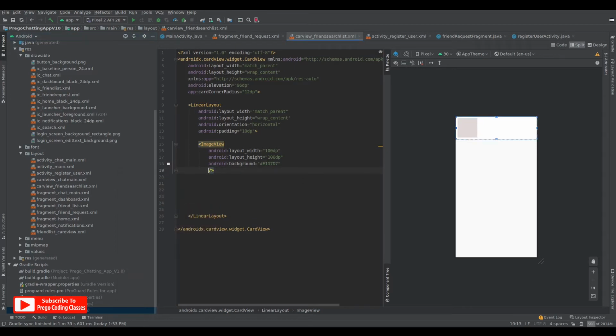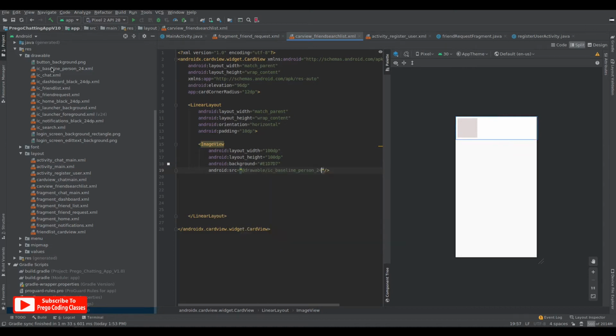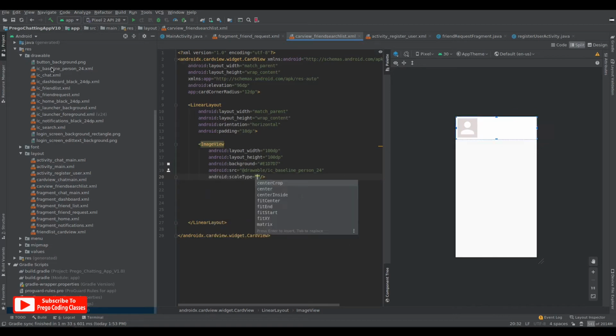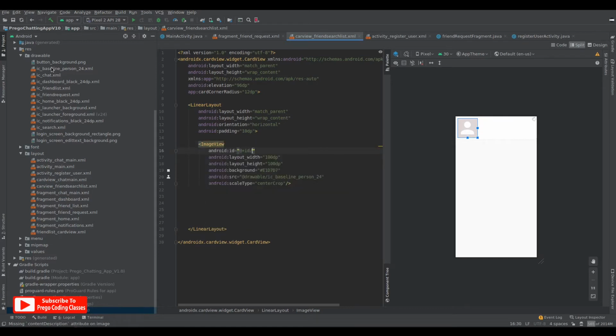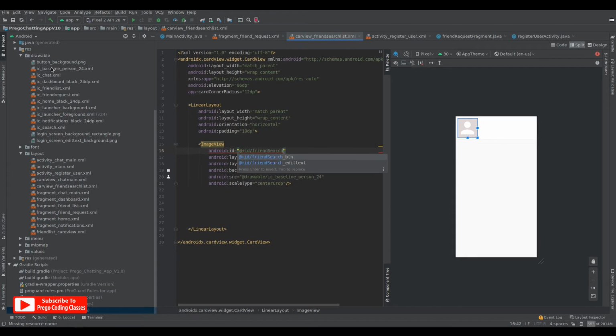So, and we'll give it a source of this baseline person, and we'll give it a scale type of center crop, and that's it. We'll give it an ID, that is friend search profile image, and